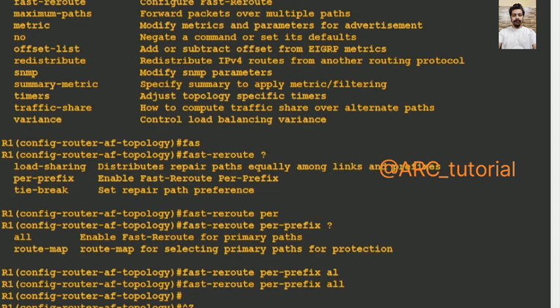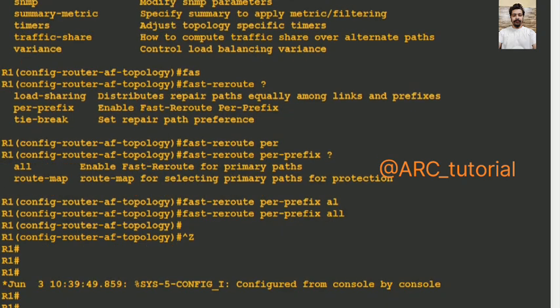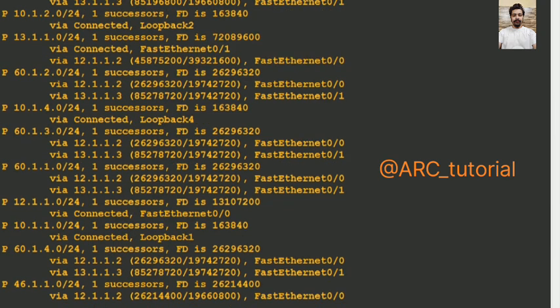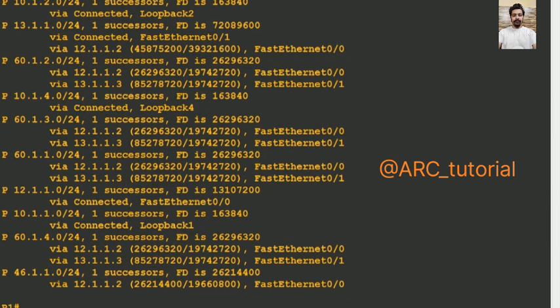Now, after enabling fast reroute on R1, show IP EIGRP topology will remain the same. The topology table will remain the same. There is no problem at all. You see, there is no change. But if you say show IP route 60.1.0,